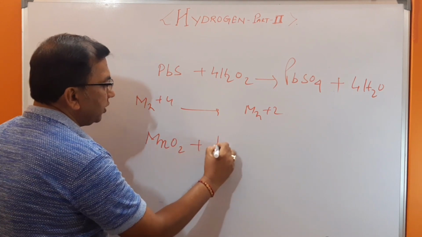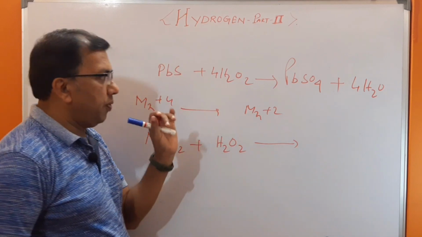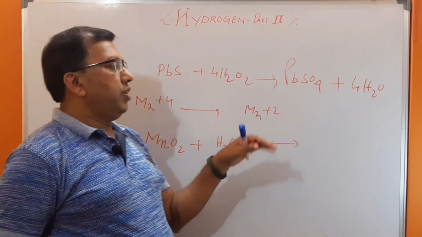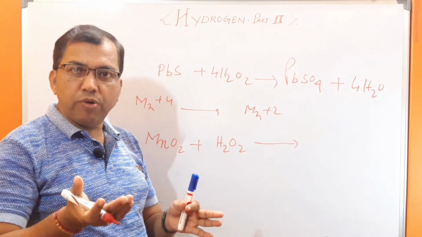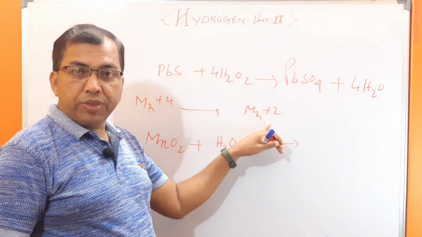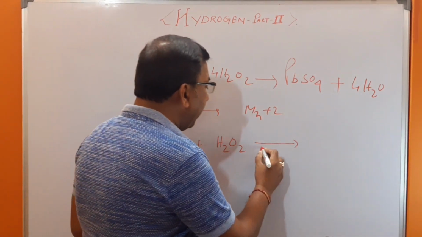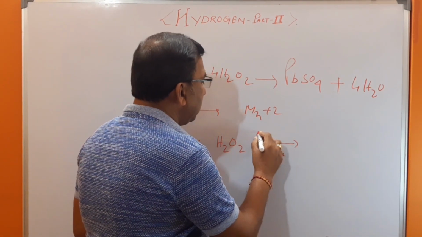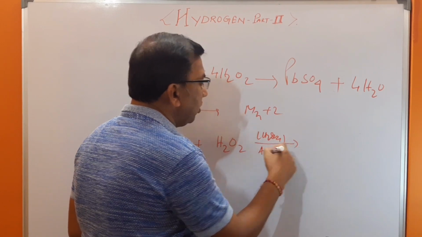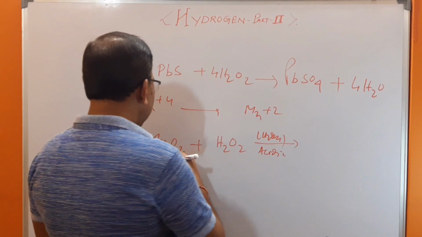MnO2 plus H2O2. I have to prove the oxidizing property and reducing property. The reduction of Mn plus 2. MnO2 plus H2O2, and obviously it is in acidic medium, H2SO4 is there. Acidic medium, H2SO4. That means it will form